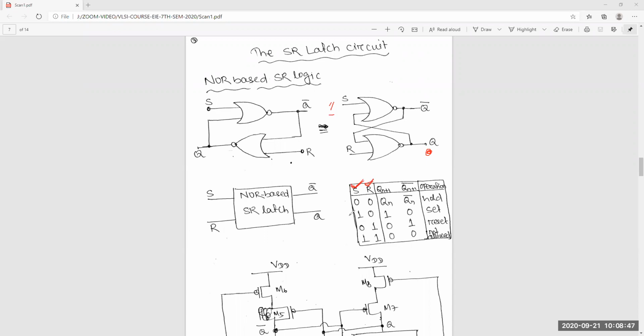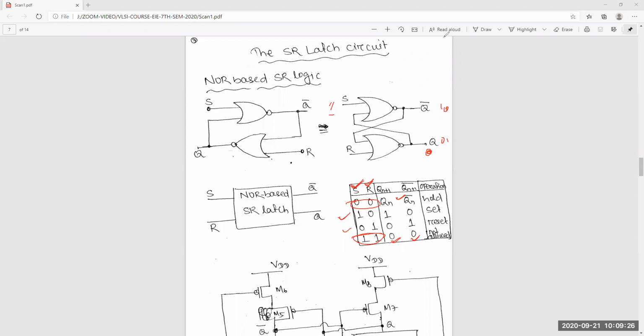But whether it's NOR or NAND, this condition gives 1 0, this condition gives 0 1, this condition you get the previous value, and in this condition both will be the same. In some cases it's 0 0, and in NAND cases it's 1 1, but it's invalid, because we want either 0 and 1 or 1 and 0. So whether it's a NAND based SR or NOR based SR, you get one invalid condition.